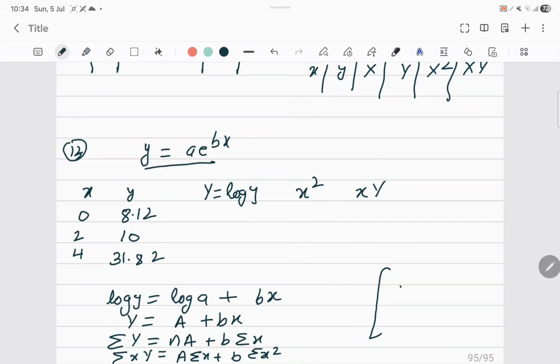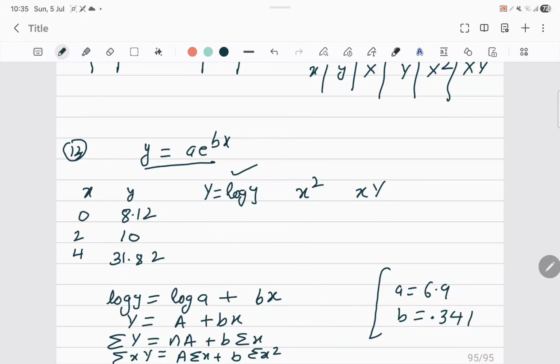Though here table and all I have to make. A is 6.9 and B is equal to 0.341. Right. Now let us do, because I need to fill the table. I know the answer. I got the answer. But still I have to solve and show it. Okay. So now let us start with that. So now first step, I need to fill this column of capital Y, which is log, right?